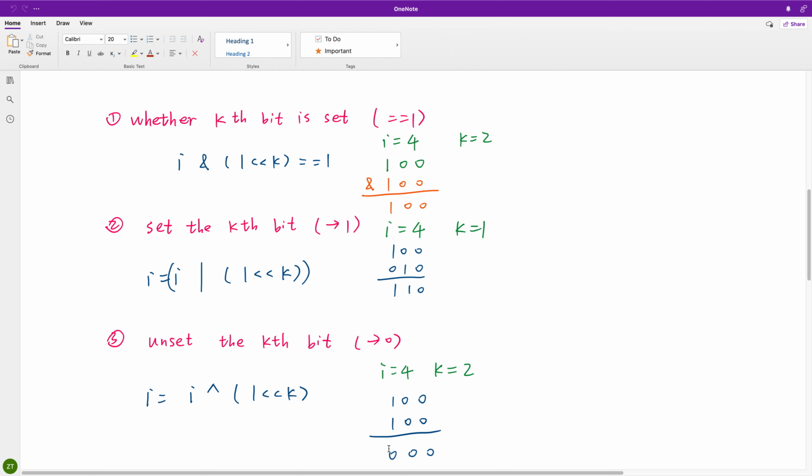So we get this result. So we unset it. We just make it 0. This is the 3